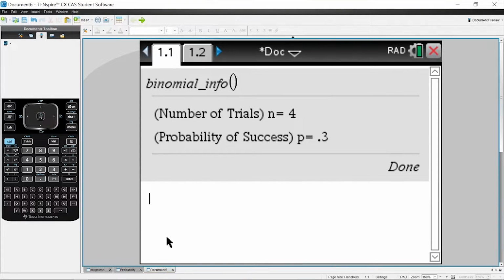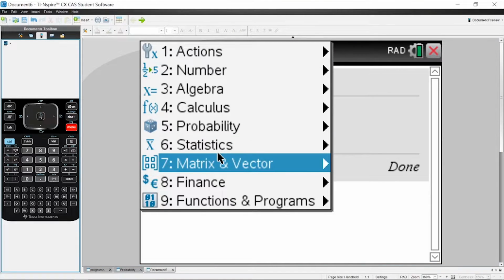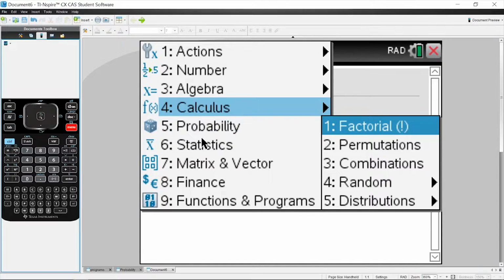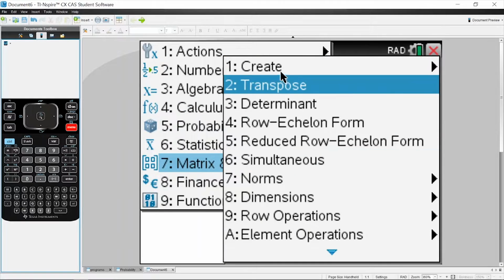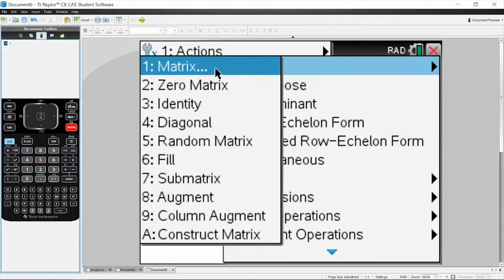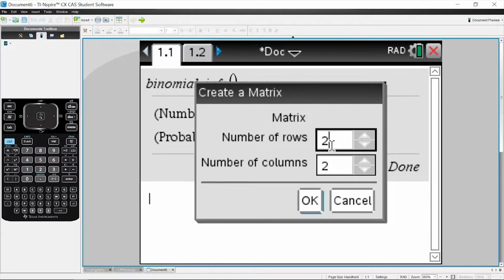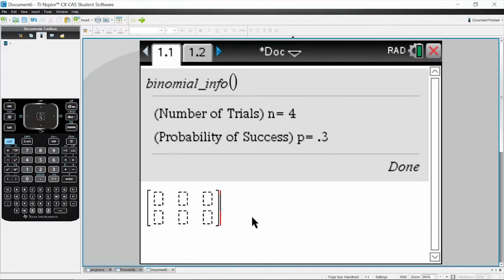So to do that, I'll just go back to my calculator page, and I'll just go to matrix and vector, and we're going to create a new matrix. And so we want the number of rows to be 2, and the number of columns to be 3. Click enter, and we have a matrix,